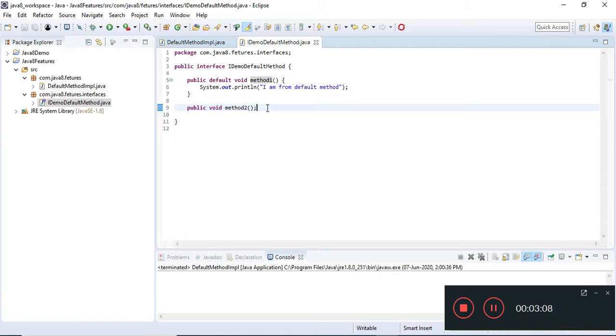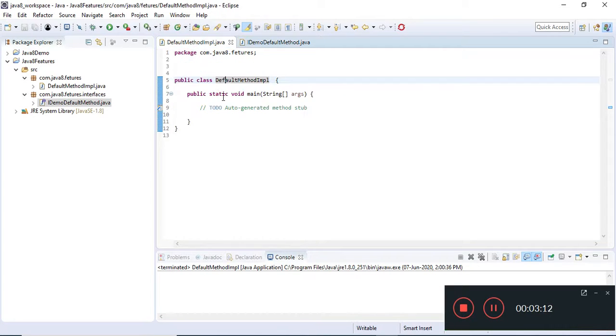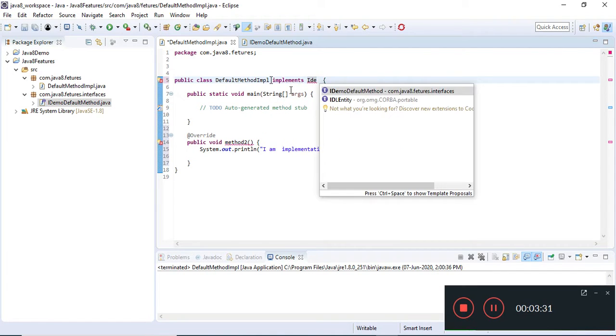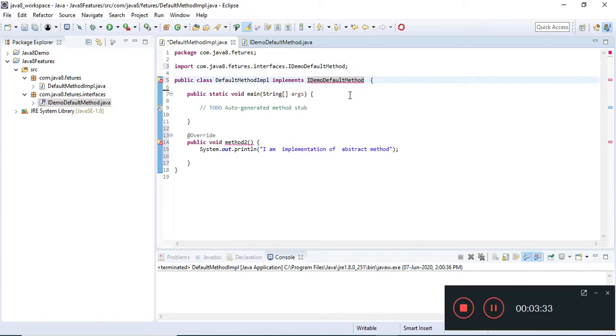Now I'll implement this particular interface in my default method implementation class, execute it, and show you a small output. So here I'm implementing this iDemo default method interface.